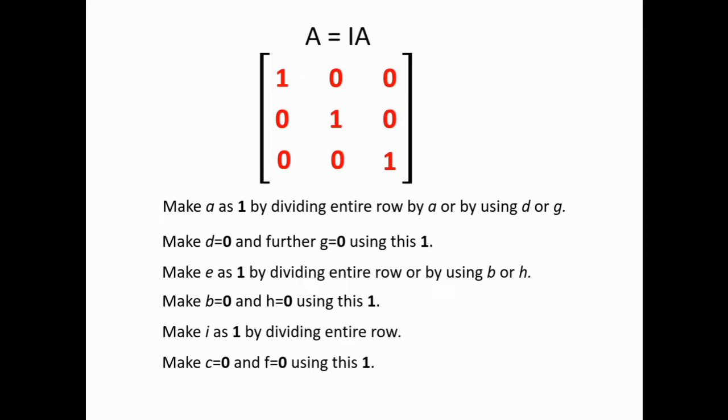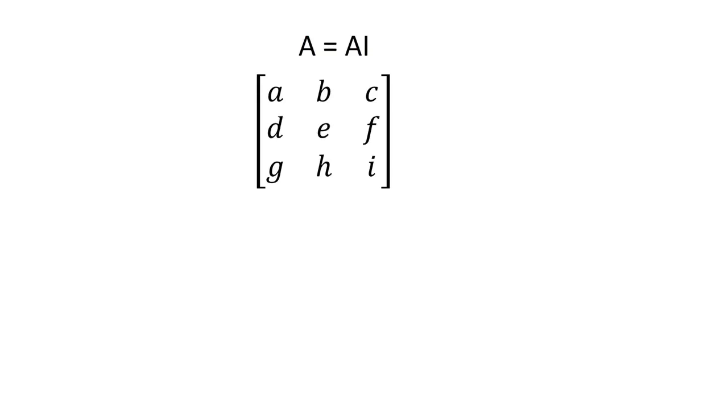Now this procedure that I have shown you is for a 3 by 3 matrix. For a 2 by 2 matrix, the procedure will remain the same. The only thing is, it will get completed in fewer steps. Now we will do the same operation by using column transformation. That is, we will find the inverse of A by using column transformation. The expression that I have written, A is equal to A into I, applies for column transformation. And we will convert this A again into an identity matrix as we have done just now for row transformation.